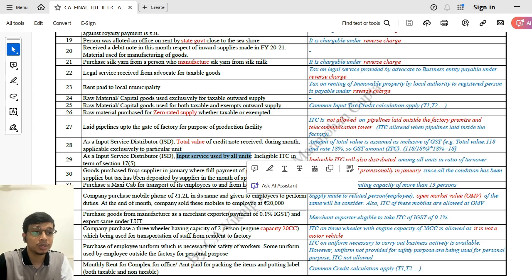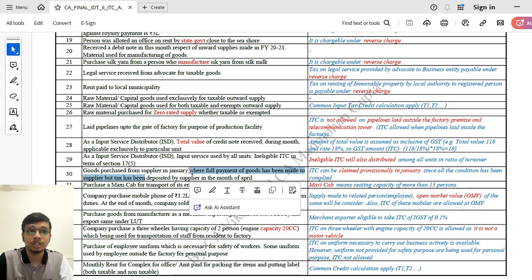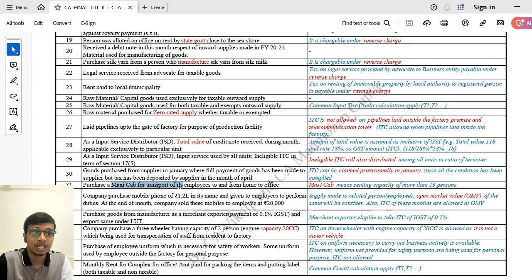Next, goods purchased from the supplier in the month of January, where full payment of goods has been made to supplier, but tax has been deposited by supplier in the month of April. यहाँ पे हम प्रोविजनली जनवरी में हम आईटीसी क्लेम कर सकते हैं क्योंकि हमने तो फुल पेमेंट कर दी, सप्लायर ने टैक्स पे नहीं करा, तो ये पॉइंट भी आपको एक ध्यान रखना है।